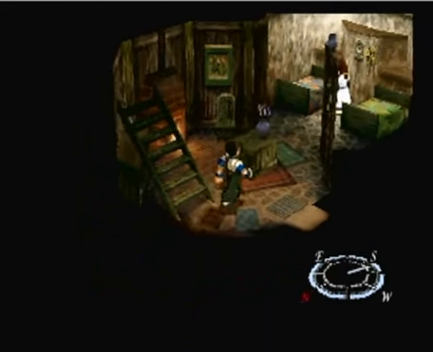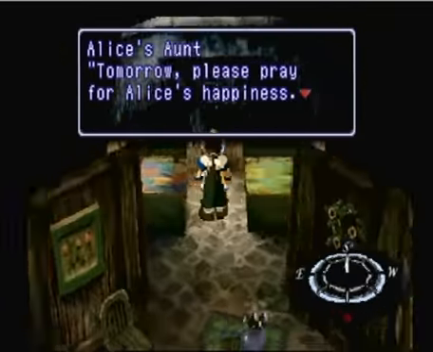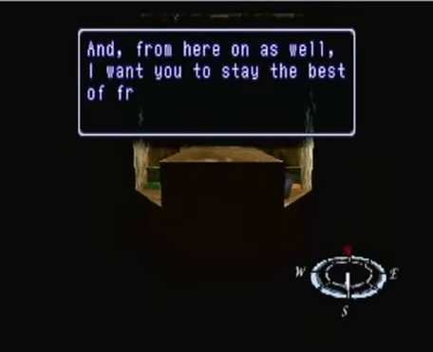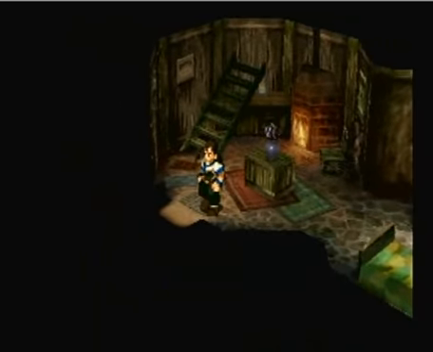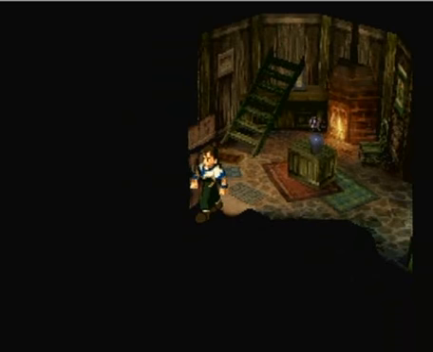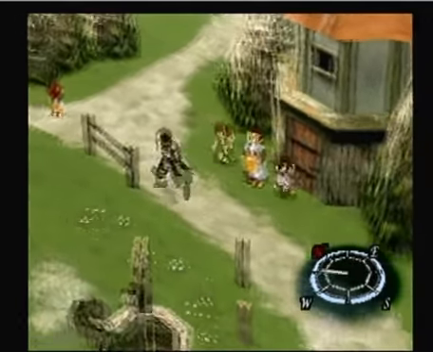Now, I get the very distinct impression by what she was saying that she put Dan up to go and talk to Faye the way he did. So, Dan going and...